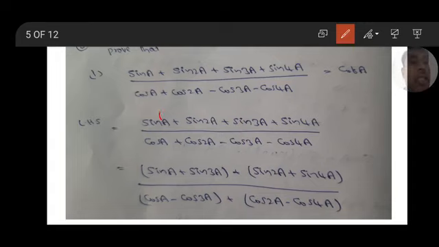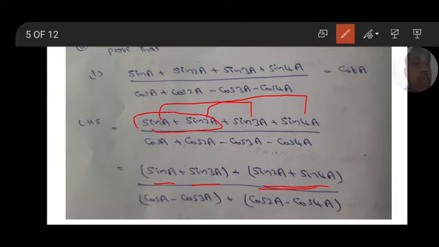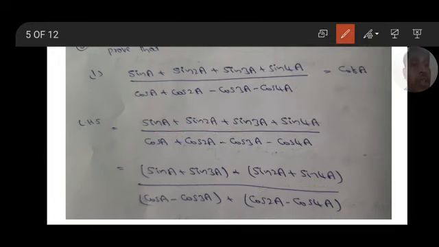I am taking a and 3a together because no fractions will come, and sin 2a and sin 4a together. So I write sin a plus sin 3a, using the formula, and next sin 2a and sin 4a. If you take the other pairs in sin c plus sin d, we will get fractions: c plus d by 2 means 3a by 2. Fractions will also come, but it is more difficult compared to this one. If you take a and 3a, no fraction will come. With 2a and 4a, no fractions will come.